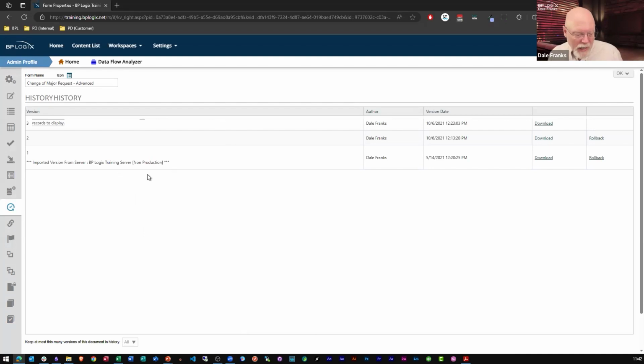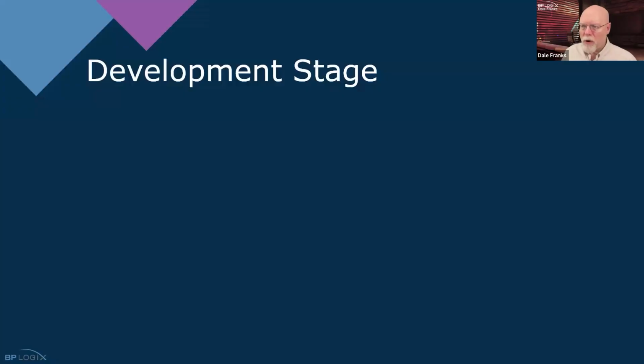So while this history tab is convenient, especially if I'm in the middle of working on a form and I make a change and I don't like it and say, okay, fine, this last change was bad, I'll just roll back to this change right here. You can certainly do that and everything will be fine. You do want a version. Versioning and this object history aren't available for everything. It's available for forms, but it's not available for a folder. So you do want to do that versioning. Just something to keep in mind: anytime you make a change, run a version before you make a change. That way you can always fall back if your change goes wonky.